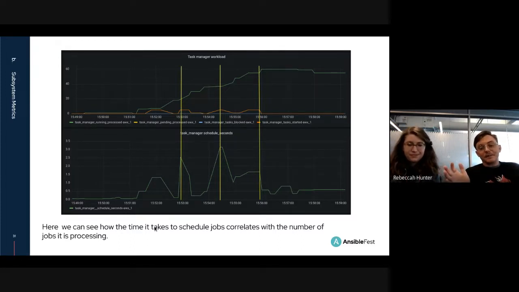bursts of lots of pending jobs, because we noticed that a lot of our users are automating workflows such that, maybe at a certain time of day, they're going to launch a large amount of small jobs via the API because they're bringing in data from some kind of external source that's deciding when it's time to launch jobs. And they're doing this big burst, and we were having issues with the task manager getting bogged down when it was having to suddenly schedule many thousands of jobs at once.